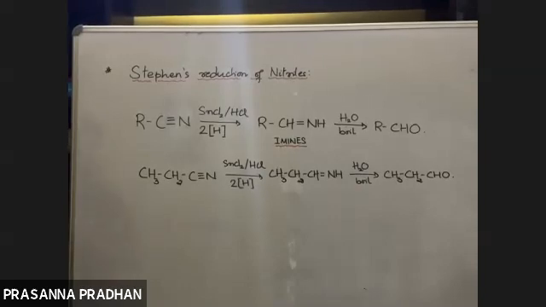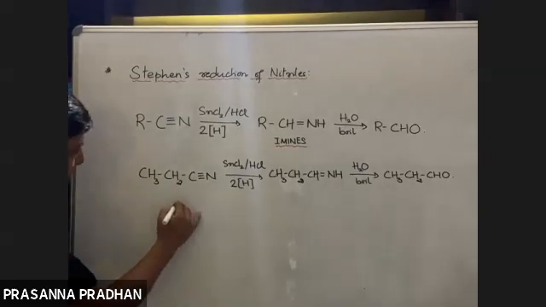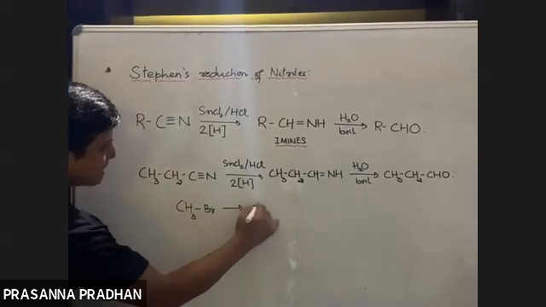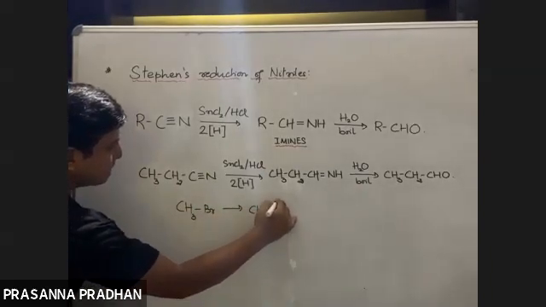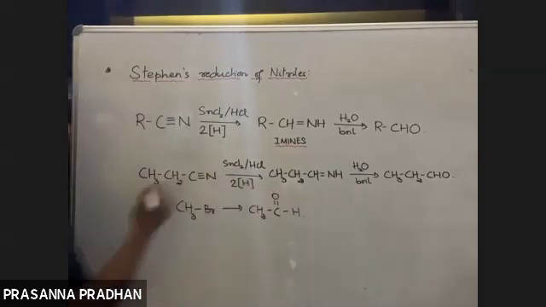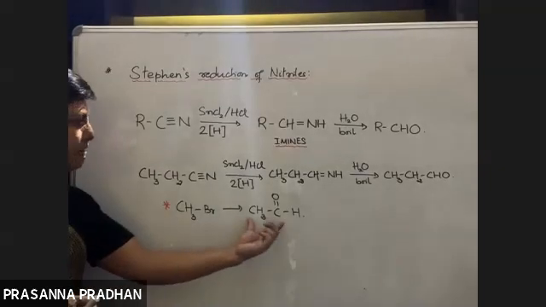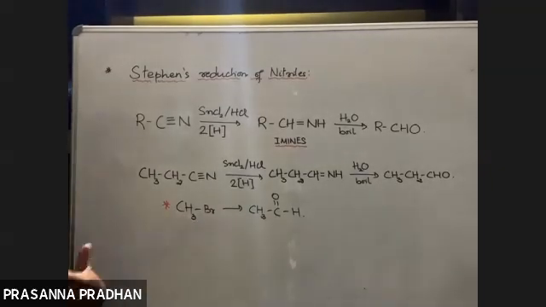Now, how will indirect questions come to you? For example, if you are being asked, how will you convert, say, methyl bromide to acetaldehyde like this? Methyl bromide to acetaldehyde. Suppose a conversion came, methyl bromide to acetaldehyde. So what is the main difference? There are many differences, right? But the main difference out here is, yes, the starting compound has one carbon atom, whereas the final product has two carbon atoms.